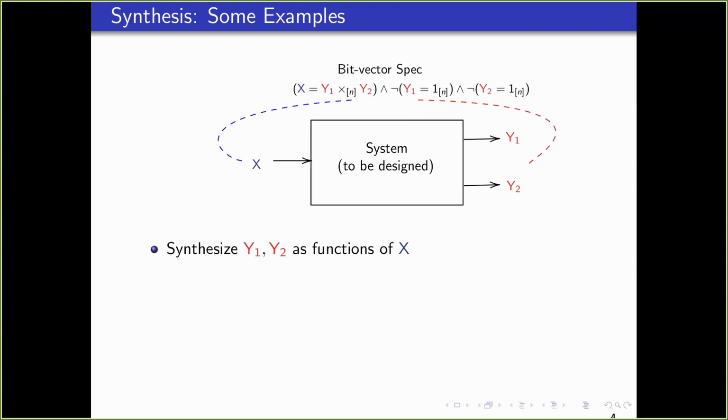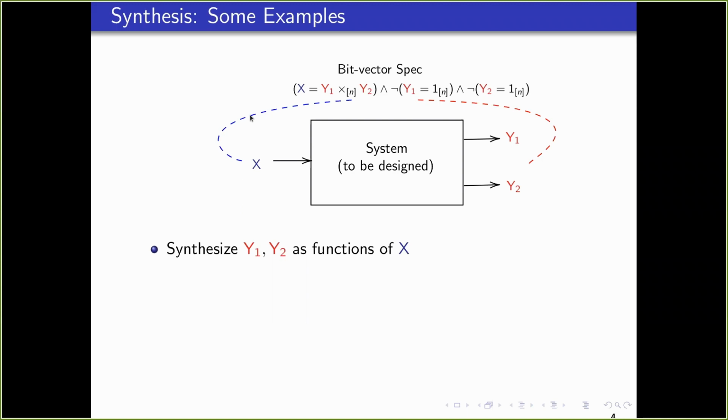Here is another example, and this is also an interesting example, another instantiation of the same template that I showed you at the beginning. So here what is happening is my specification is in terms of an input, which is a 2n-bit vector, and two outputs, which are two distinct n-bit vectors. And the relation between the input and the output that I want to be satisfied is the following, that the input should be the product of the outputs, the n-bit integer product of the output, and none of the outputs should be the constant 1. So this 1 sub n means it's the bit vector of width n which represents the constant 1.